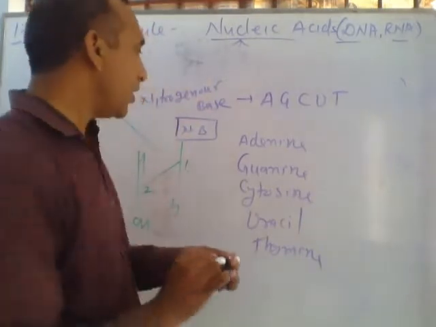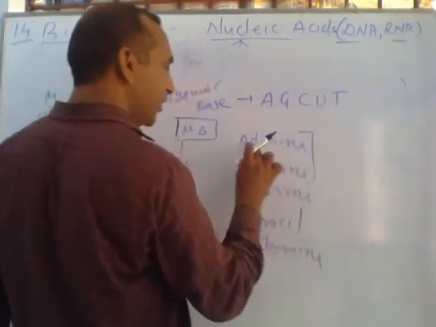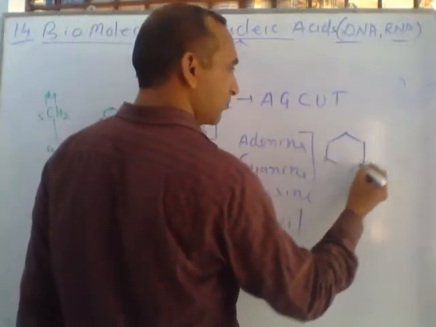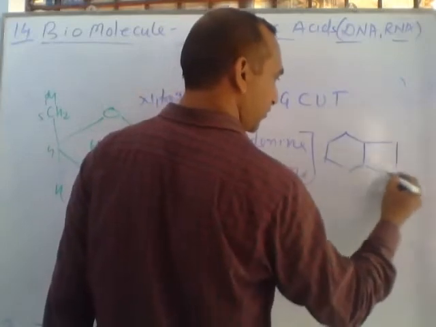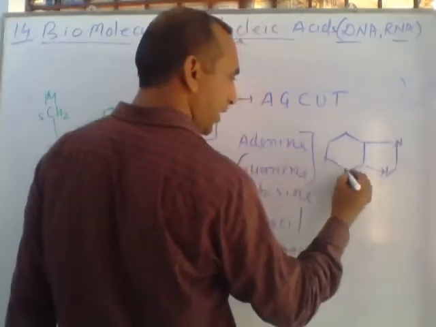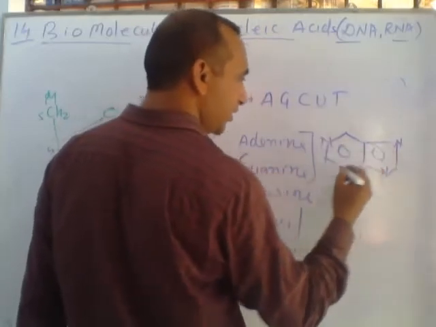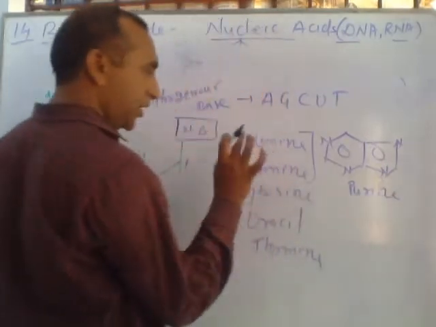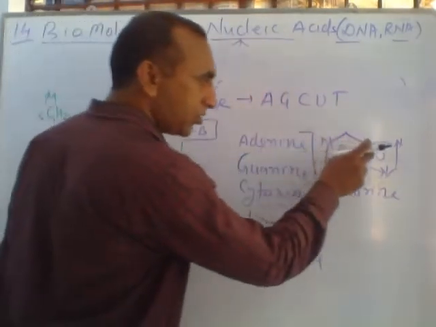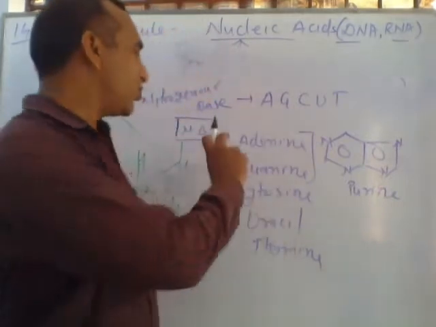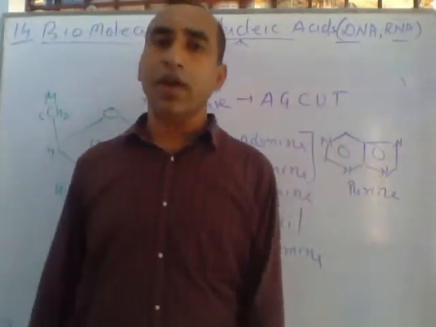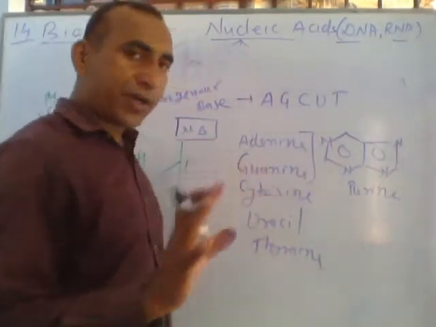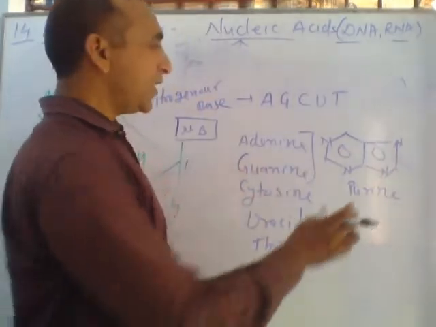Listen. Starting with these two, adenine and guanine belong to this type of structure. Here N, here N, here N, here a ring. This is called purine compound, and the structure of adenine and guanine is based on this compound. So these two nitrogen bases are called purine nitrogen bases. By adding any new group, their structure becomes complicated, but the basic standard skeleton is this type.